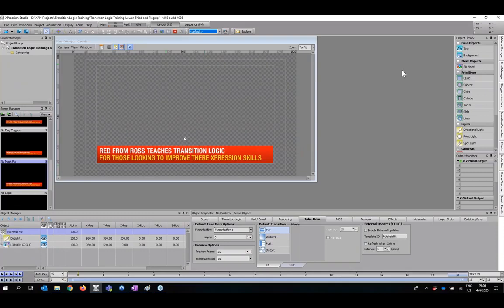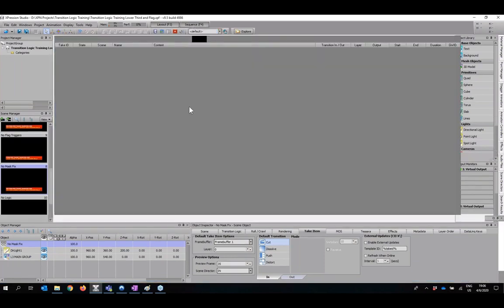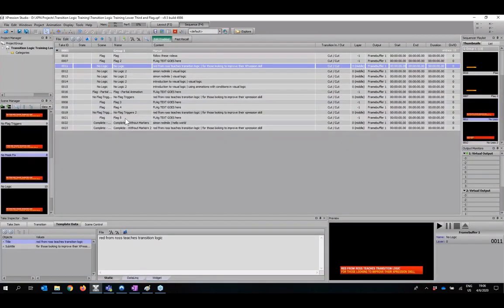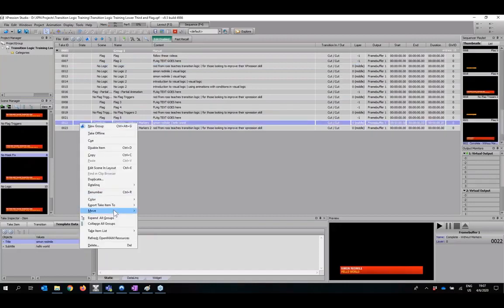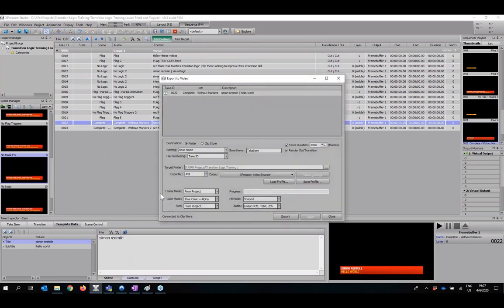Okay, there are several people asking the same question here. How do you export a take item to a video for transition logic? And I believe you want to go into setting up your hardware and making an AVI recorder, correct? You can also just do this, which is if I go to say complete and I say export to video,